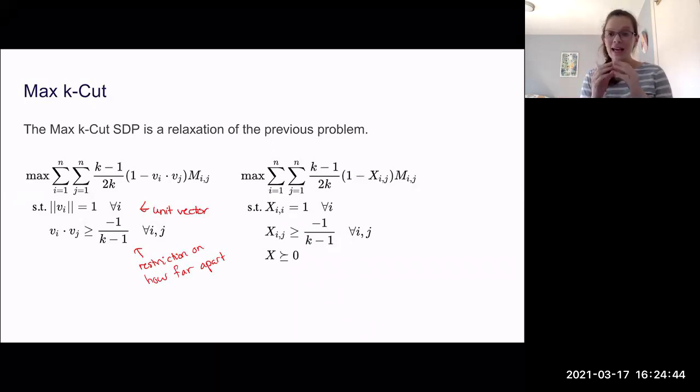So I've relaxed that combinatorial constraint that you have to be one of those a_i's, and I've relaxed it by saying that now you're allowed to be any vector. However, you have to maintain this dot product constraint, which is equivalent to putting this into a matrix representation